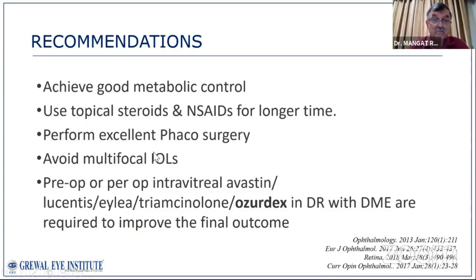Mostly people don't publish on this, because many of the maculopathy patients will do very badly with multifocal. Pre-op or per-op intravitreal Avastin, Lucentis, Eylea, triamcinolone, Ozurdex, anything can be used. But Ozurdex I have highlighted, if the patient can afford it, use it. If your surgeon is not confident, you give it 1 week before and get the surgery done the next week. Once everything has been metabolically controlled, they'll do very well. Otherwise, most surgeons are not confident; Professor Jagat is himself giving it on the table, Ozurdex. So he's confident, so that is fine. But otherwise, it can be given earlier.